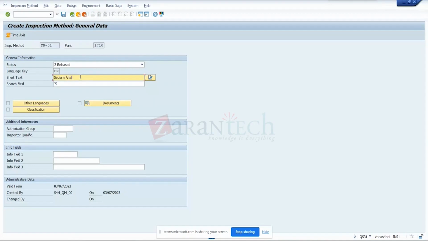Sodium analysis. Okay. So if you want to have a common group, then you can give one common group for all the test procedures you are creating. Like if it is only for sodium related test procedures you are giving and creating, then till completion of that complete